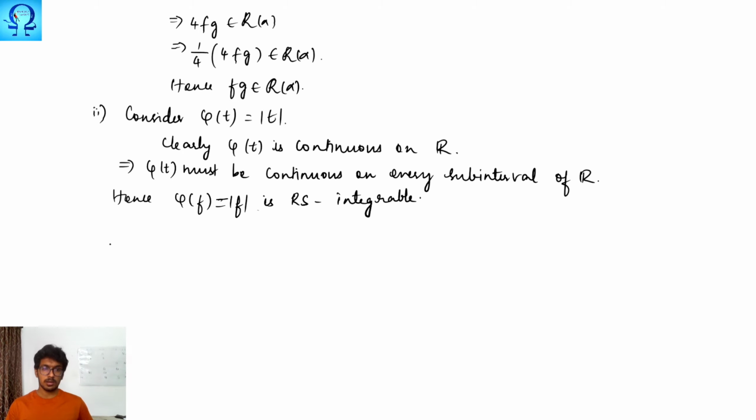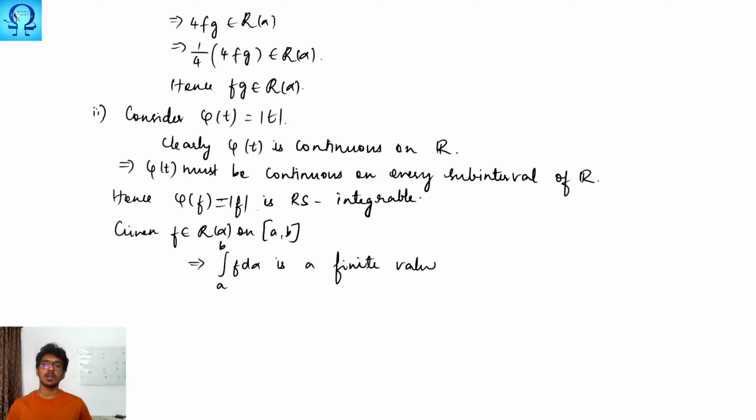Okay, we are given that f is RS integrable. RS integrable means what? RS integrable on the interval AB. So this is given. It means integral A to B f d alpha is a finite value. So this is what it means. Here it is said that it is a finite value, but we do not know whether this is a positive